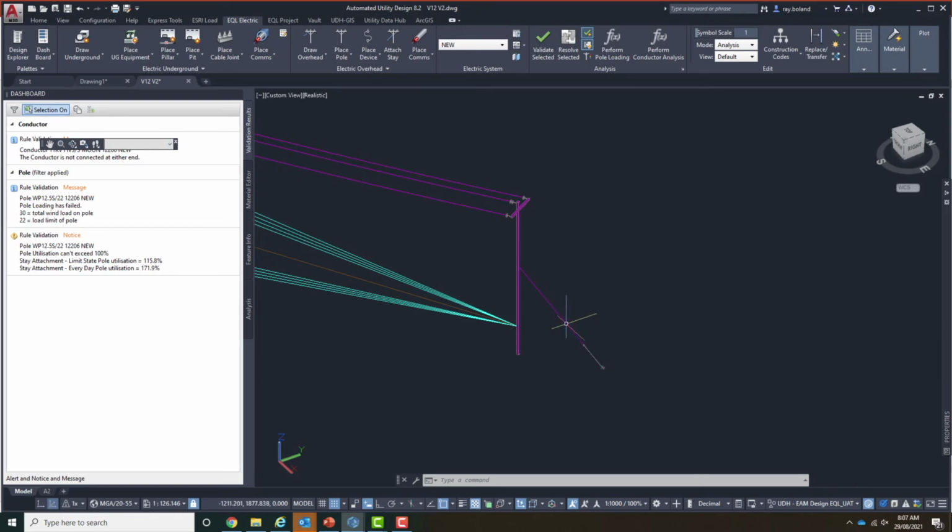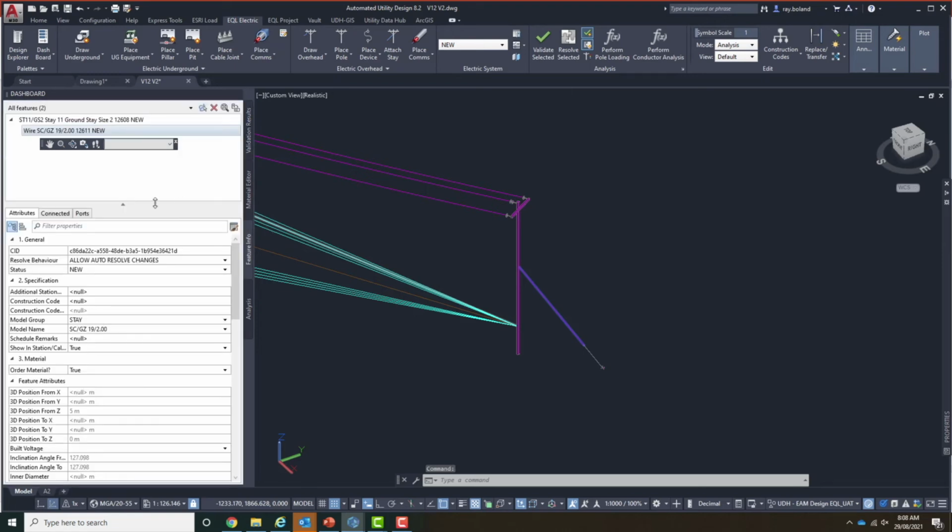Jumping back to my original ground stay, we've obviously gone through. We have a ground stay and we've got an aerial stay, but we also have a sidewalk stay which has a strut halfway down the pole, which we can all do calculations on for bending moment at the attachment point of the stay as well as the attachment point of the strut.